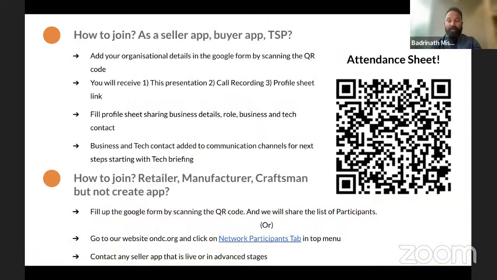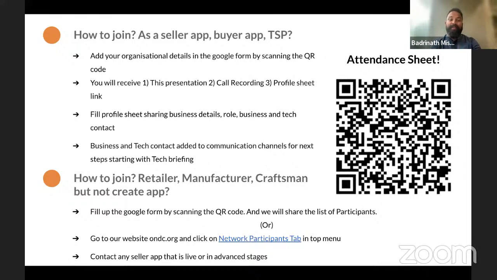So now how to join ONDC? If you are an entity who wants to join as a seller side, that means you have access to catalog, or you want to join as a buying application, that means you have access to customers, or you want to join as a logistics application, that means you have capability to do logistics, then you are welcome.